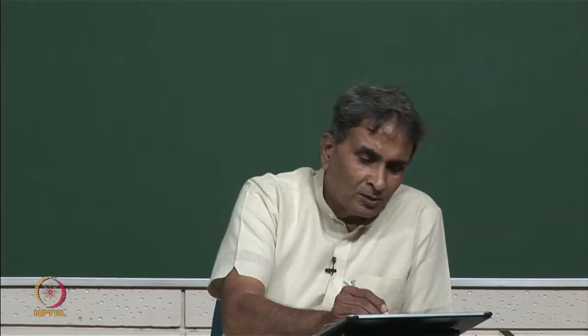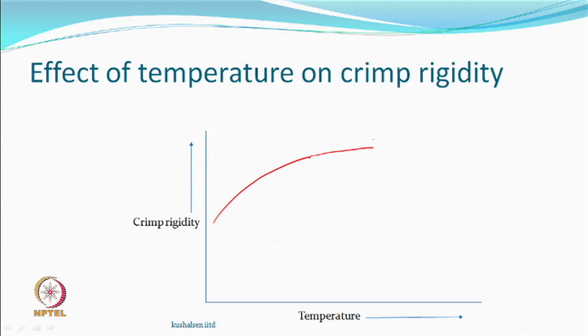So, when you increase the temperature, then the crimp rigidity should improve because crystallization is also going to take place. Possibly reorientation, rearrangement also has been facilitated, and therefore, setting is better. If setting is better, then you should expect that the texturing is better, means crimp rigidity should be rising. Its rate also should keep going down because you may not be able to increase the crystallinity, and therefore, more and more things may or may not happen.